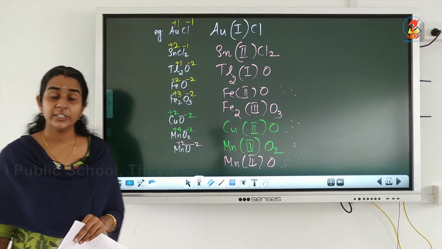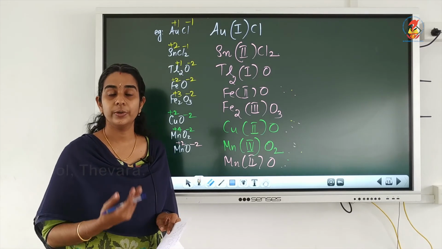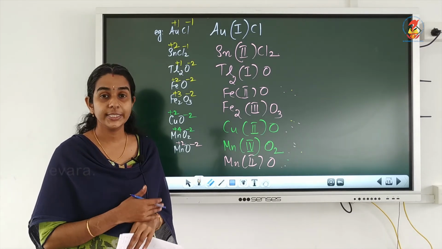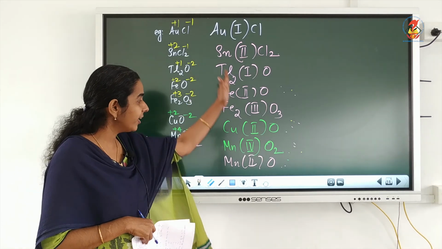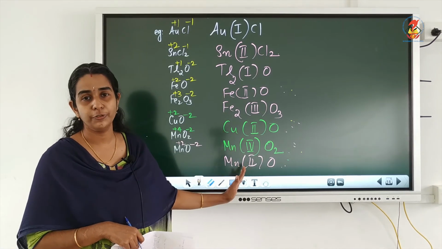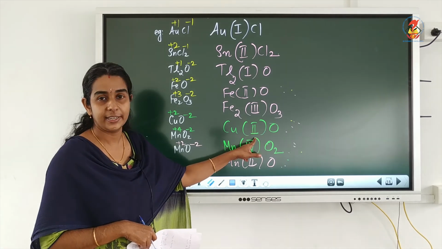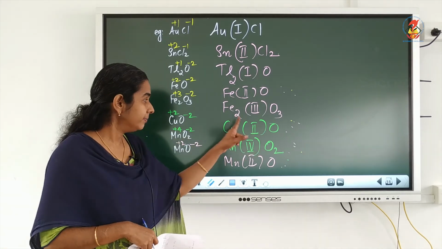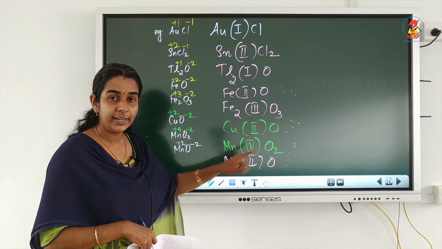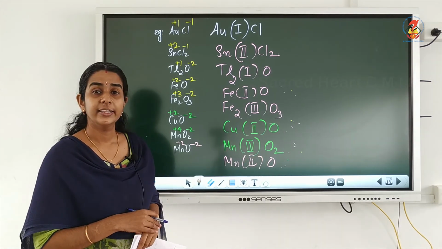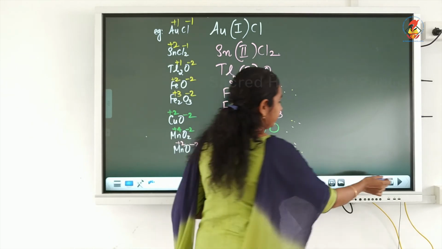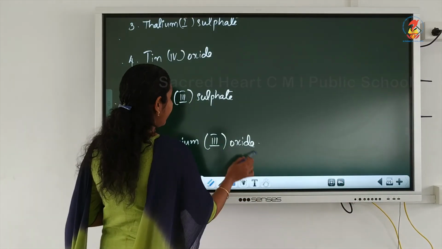So this is about the stock notation, how to represent the formula using stock notation. Everywhere we are writing the same molecular formula. The only thing is we are writing the oxidation state of the metal, the single metal atom, as a Roman numeral inside the single bracket. Now last we have